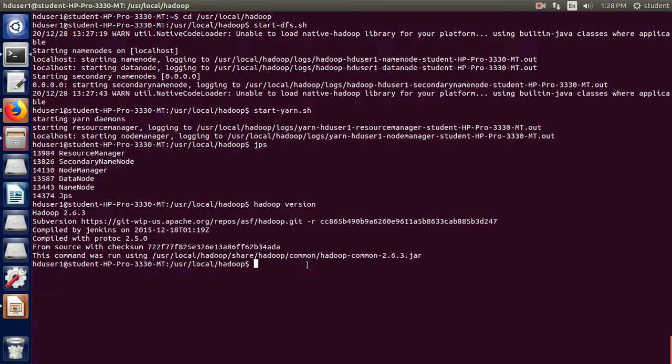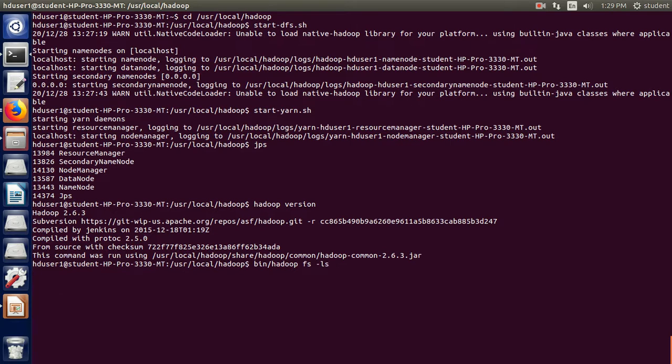Now to open the Hadoop shell, I will use bin/hadoop fs. This is the command to start the shell and work on the Hadoop shell. Here, -ls is like the normal ls command of our Linux file system, listing all the directories.